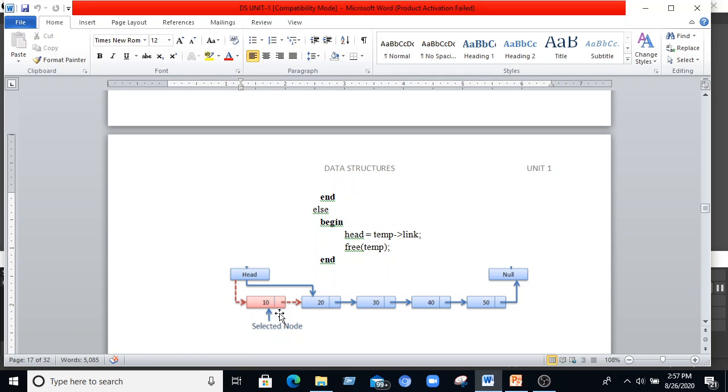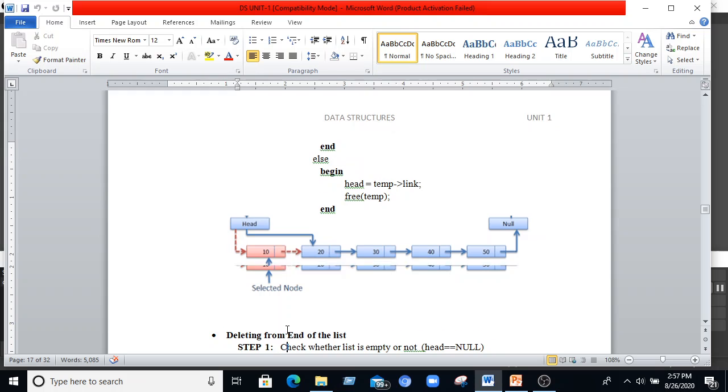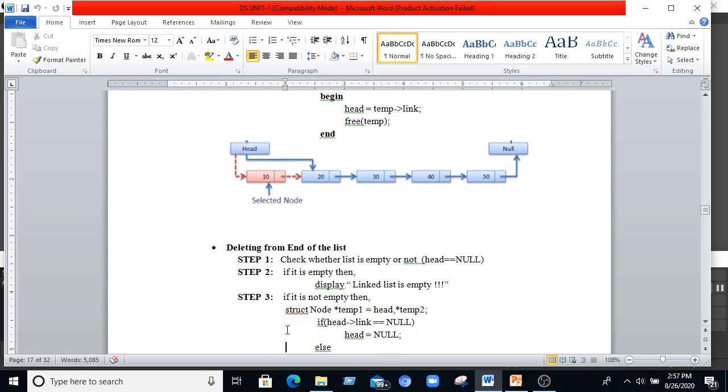We'll delete the links from the previous node, the current node and the next node. We'll delete the whole node, and by deleting the whole node, the value is deleted.